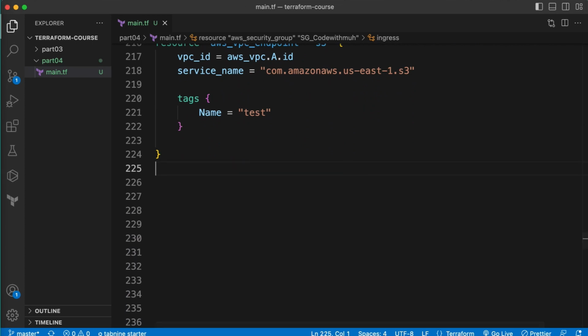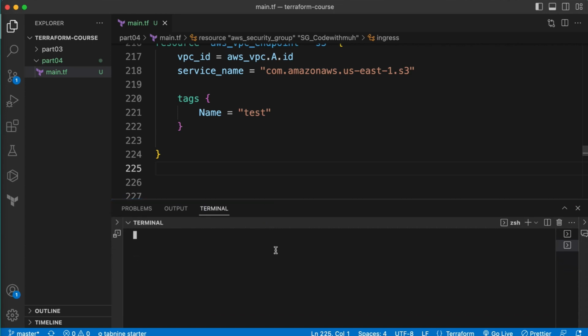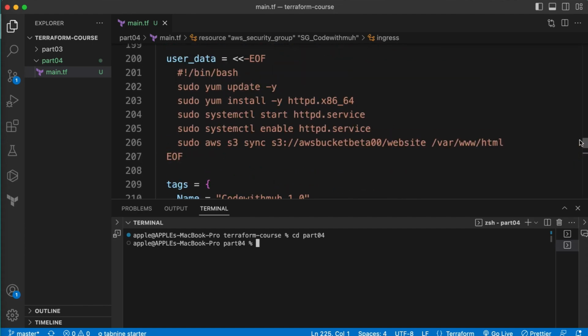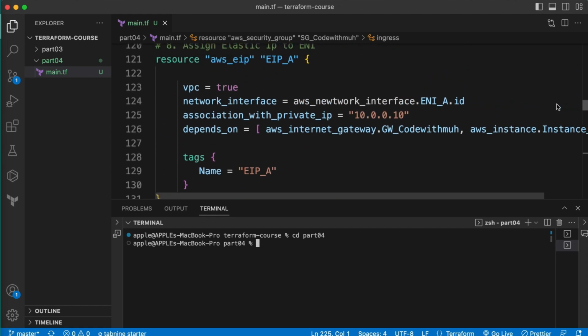Now we have to open our terminal and move to our folder. My folder name is part 4, so I will move to this folder 04. First of all we need to do initialization. But before we apply infrastructure, we need to create a key pair, which we have defined in our point number 10. If I go into point number 10,